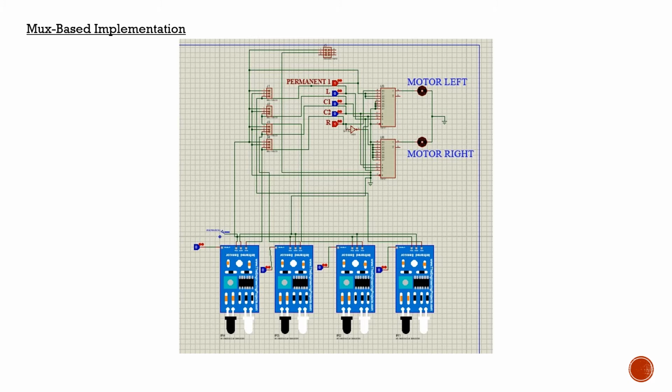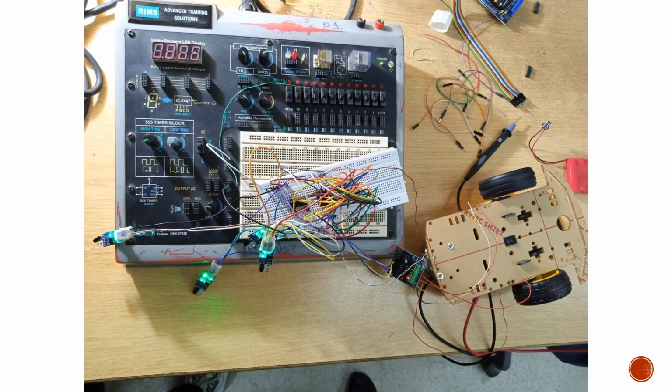Now after we have checked its simulation and checked if it's working correctly or not and removed any errors, now we can move on to our breadboard implementation. So for this we bought these components from the market, and we also bought some extras of them so that if something goes wrong or some component gets burnt, we have a spare. So moving on to the next slide, this is our